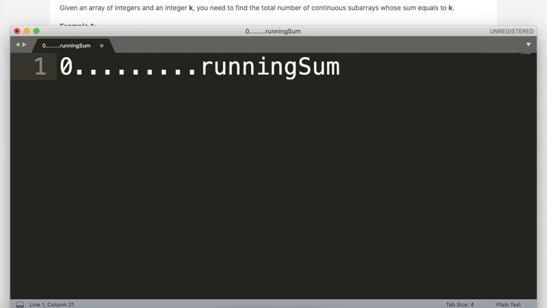This running sum is obtained by adding all the next elements, and again I have some numbers here, and then I have another running sum.